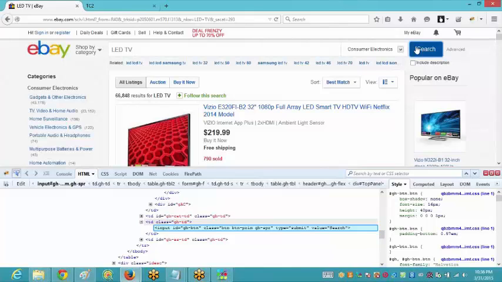That is input id equal to GH-BTN. Okay, so what is the target that I should give if I have to check whether this search button is present or not? So in the command it would be the assert command. Okay, I got it. What should be the target? In the target it should be the locator. And what is the locator? That is id equal to gh-btn.